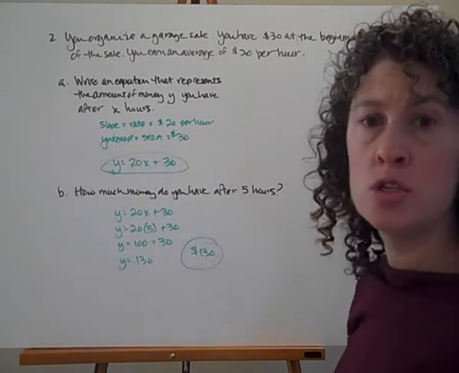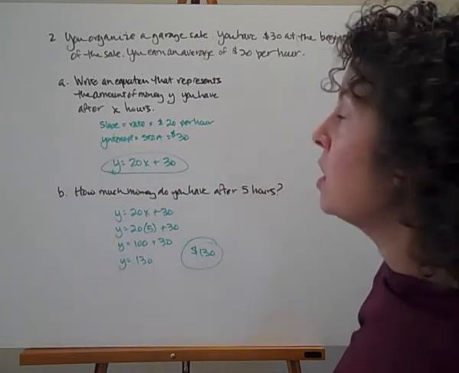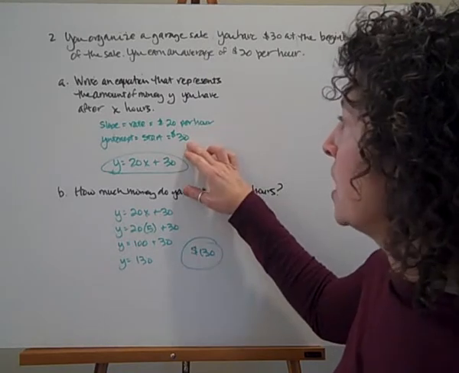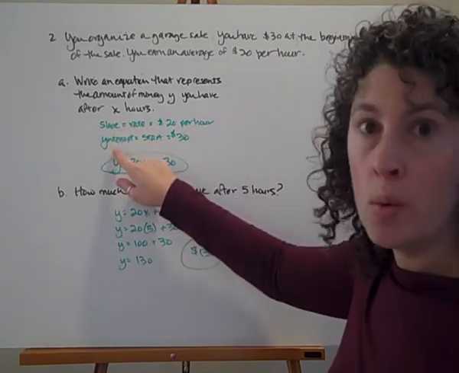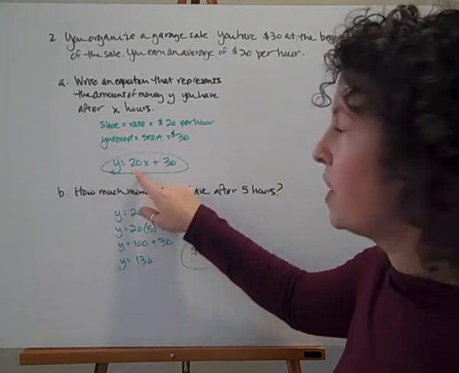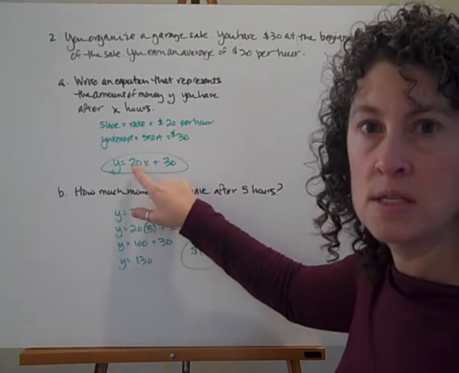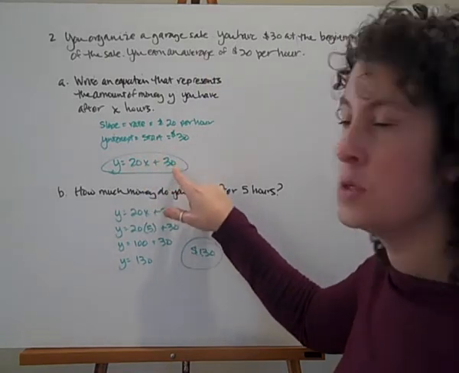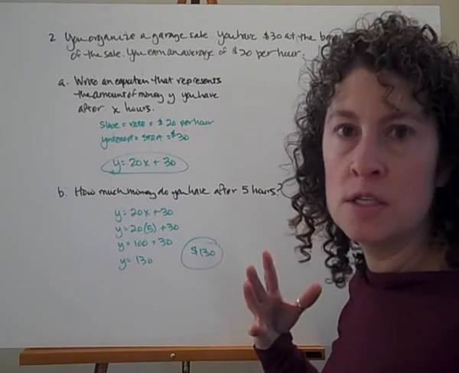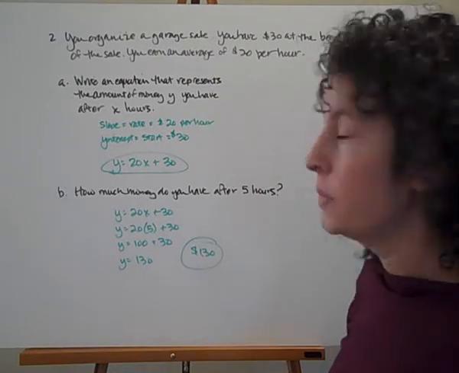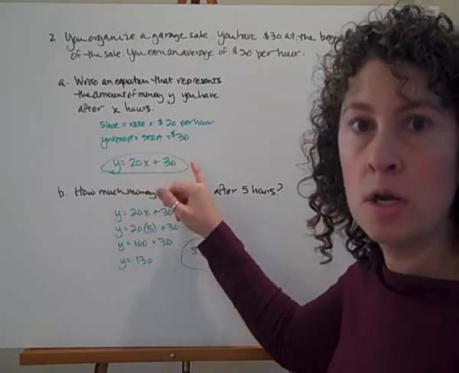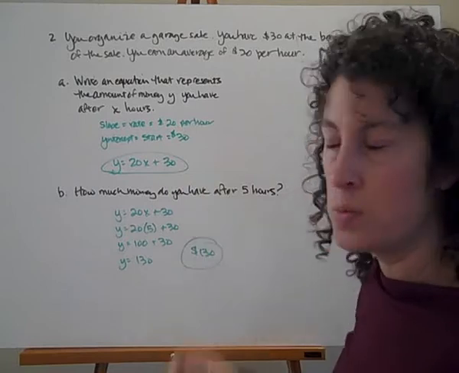And our y-intercept, that's the starting point, that's the beginning of our story. We start the story with $30 in the cash box. So we're starting at 30. So again, I'm going to take my slope and my y-intercept, and plug them into this equation. y equals 20, there's my rate, that's stuck to my x. We always find the rate stuck to the x, plus 30, this is where I start. So if I work with this equation at the beginning of this yard sale at hour 0, if I put a 0 in here, 20 times 0 is 0, plus 30, I have $30 at the start of my yard sale. That makes perfect sense.